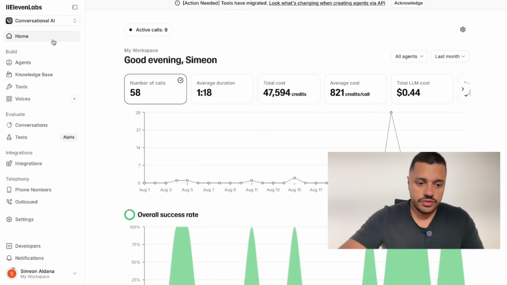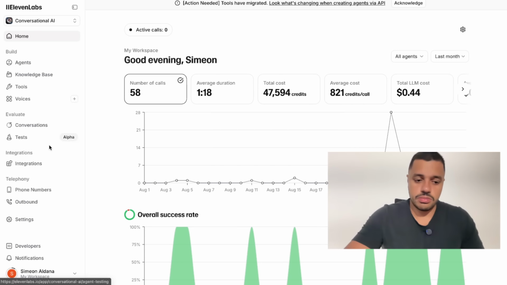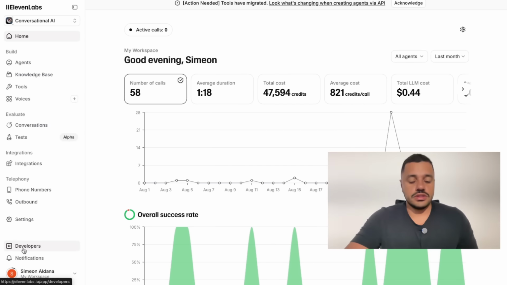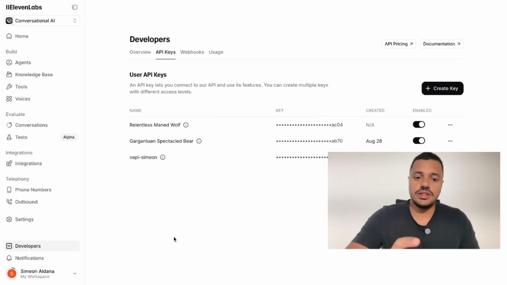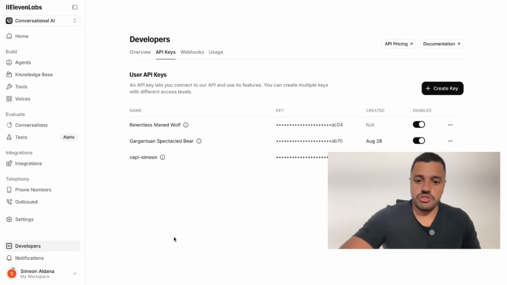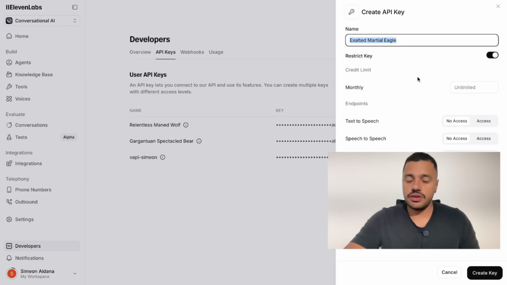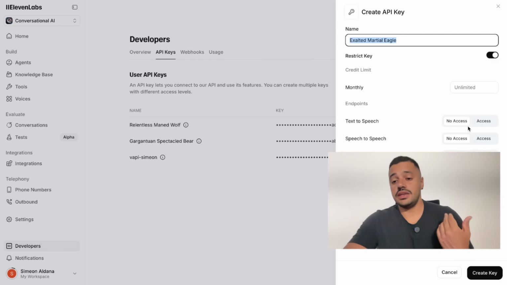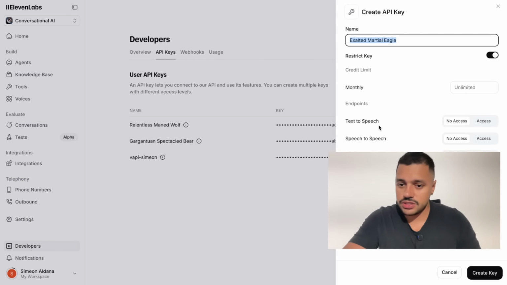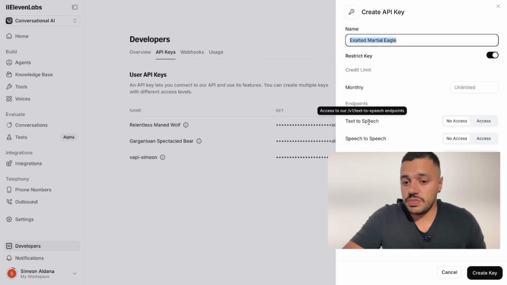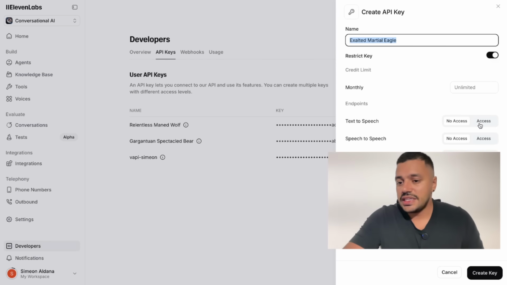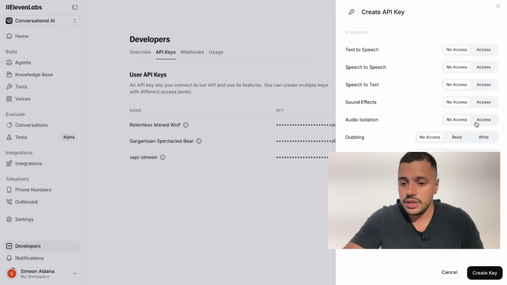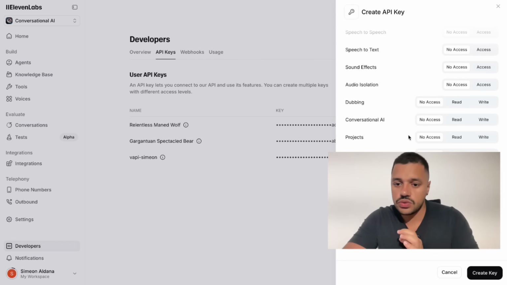First of all, you have to understand those layouts change so much, but you have to go to the developers section. There we have the create API key. We will need this API key to share with Vapi. Basically, you have to create it here, assign a name, right, and assign permissions based on the services that you want to use. Would it be text to speech? Would it be speech to speech? In this case, I will recommend access to all, but also it's important to give access to